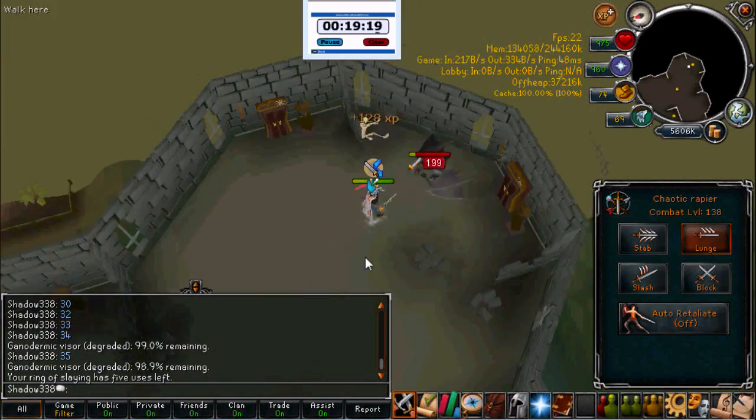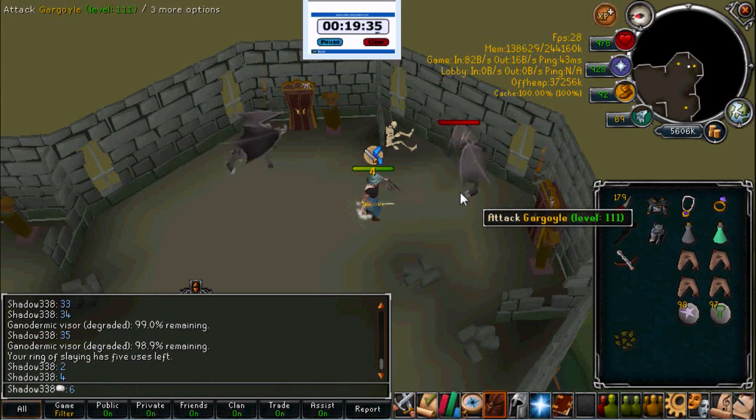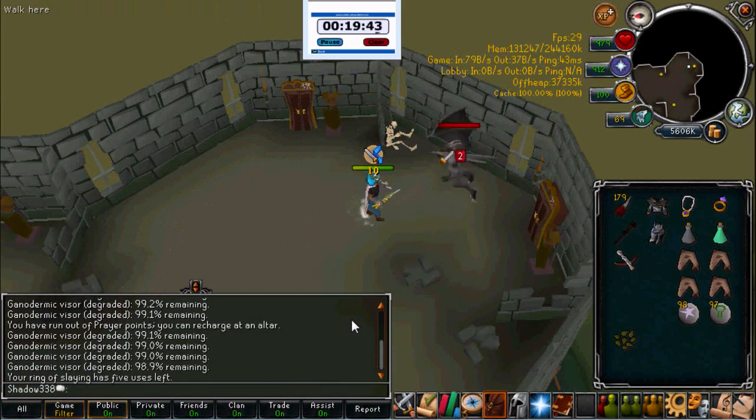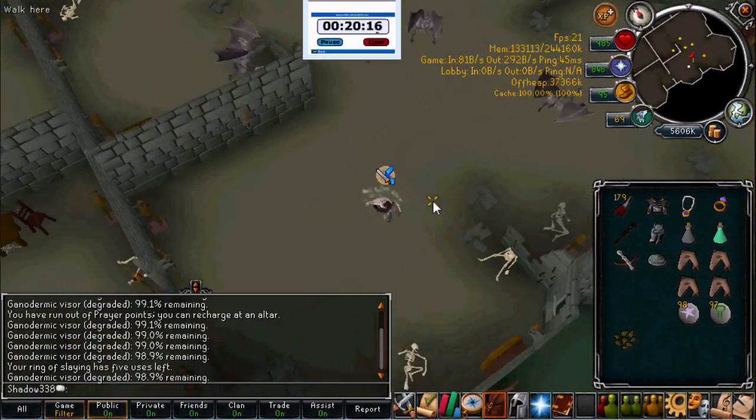This one is where I hit and take damage from Gargoyle for 34 of them, and before the 35th one, I check it, and after the 35th one, I check it again, and you'll see that I will have lost 1%,